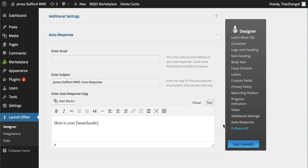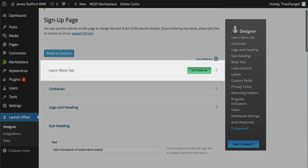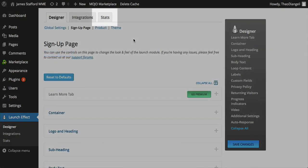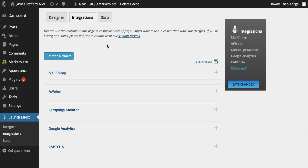The premium version adds some more functionality such as progress indicators, so people can keep track of how much they have shared, any timers you have set for the competition, custom fields. There is also a Learn More tab. But as I said, this is all you need to get started, and you can always upgrade to premium later if you want to. Let's have a quick look at the Statistics tab. Here you will see all the email addresses that have been submitted, how many visits for that person, conversions, and conversion rates. Integration allows you to link other apps such as Google Analytics, Aweber, and others to your Launch Effect